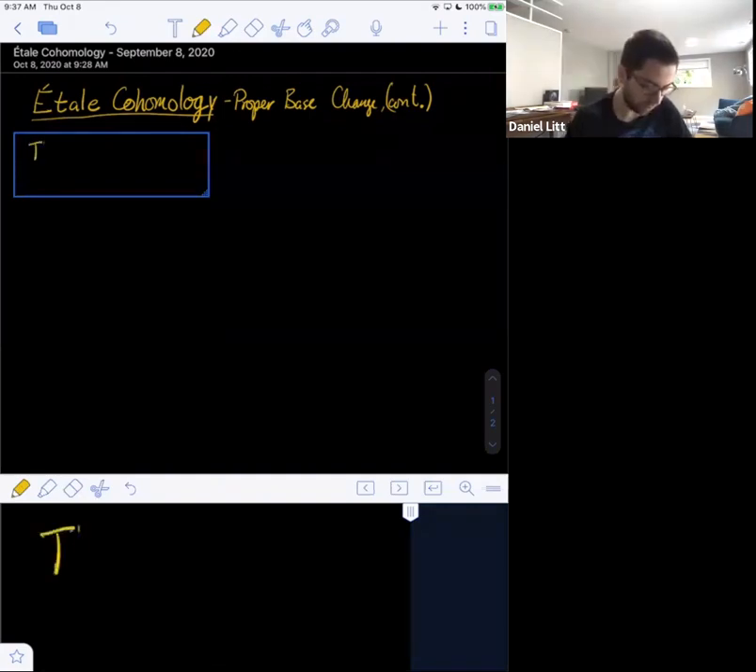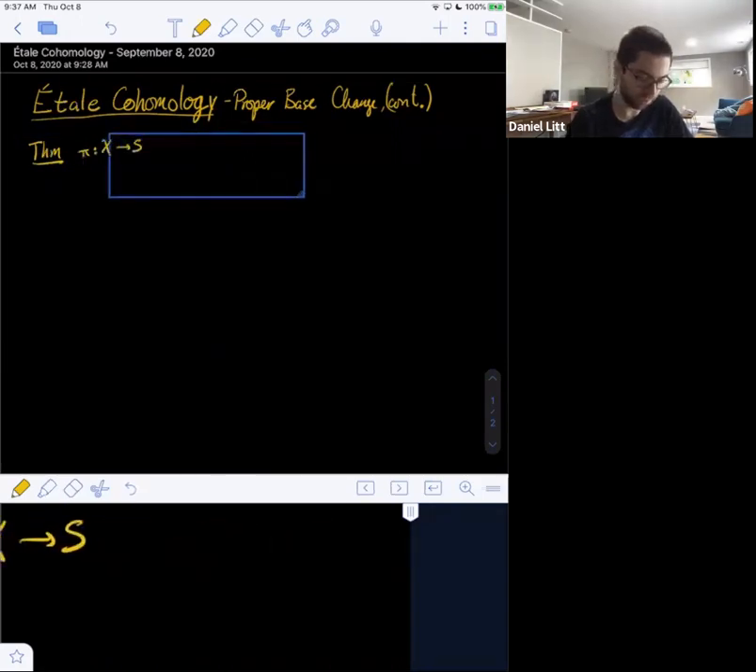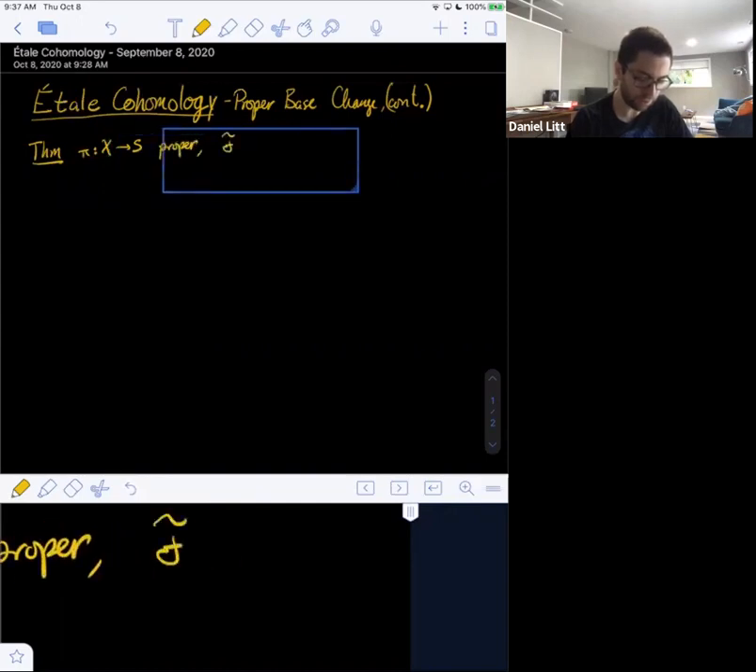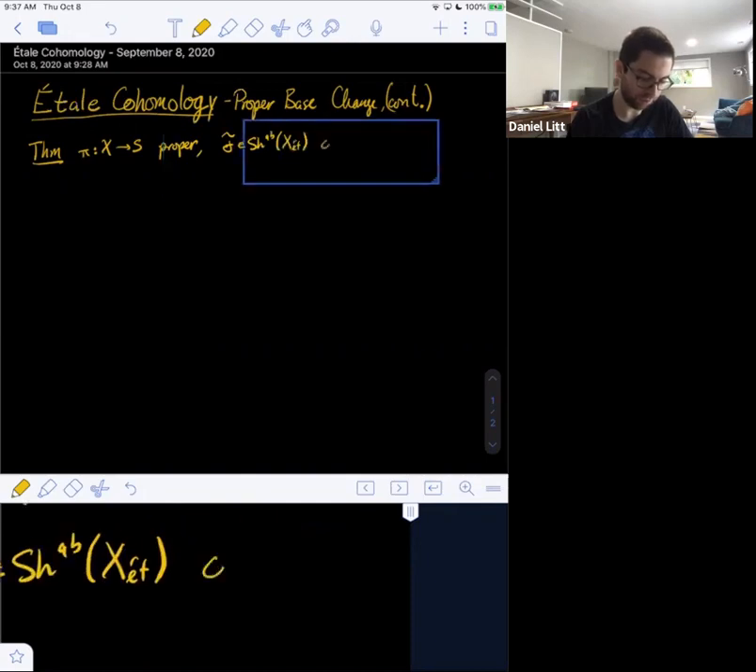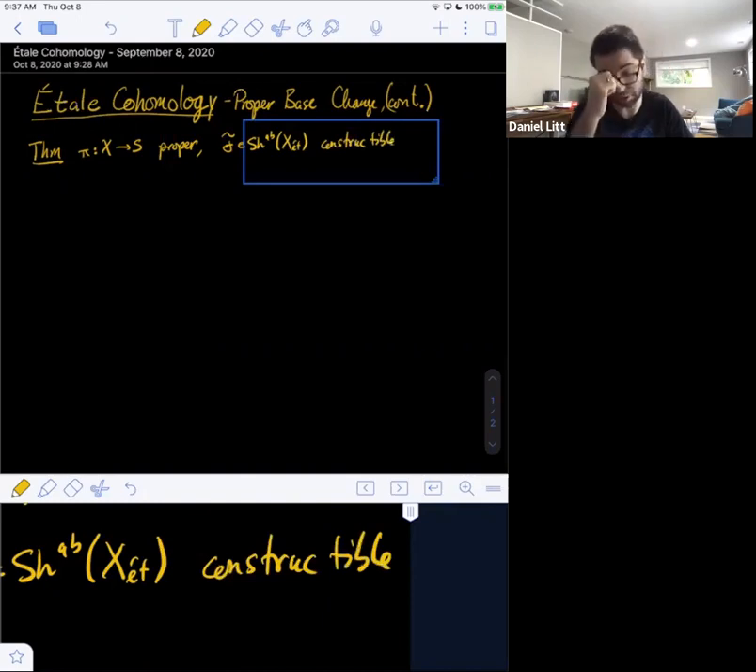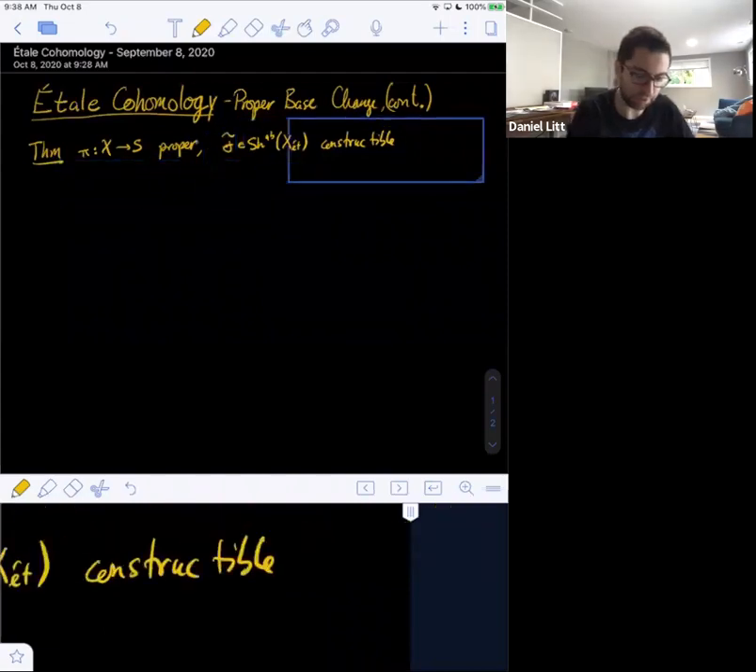The theorem was that suppose you have π: X → S, which is a proper morphism, and F is a sheaf of abelian groups on the étale site of X, which is constructible. Let me remind you, what did that mean? It meant that the stalks of F were finite, and that for any closed subscheme of X, there was an open of that subscheme where F was locally constant. Then the theorem